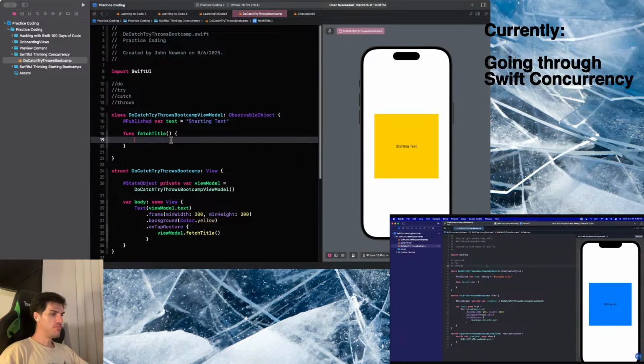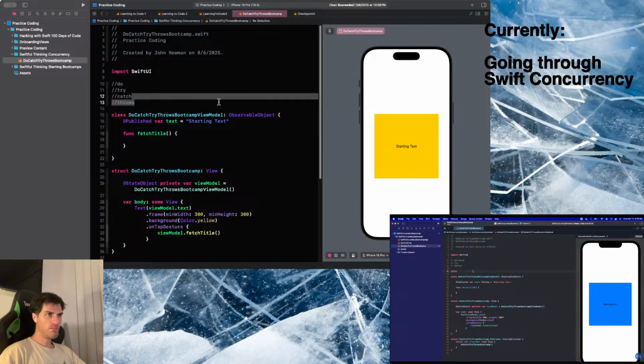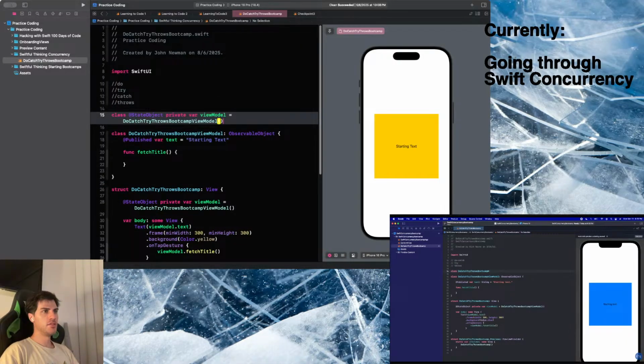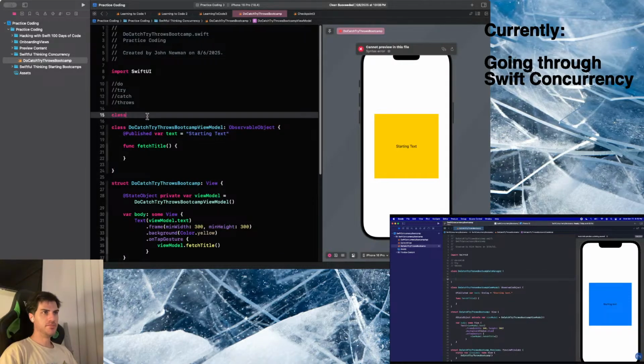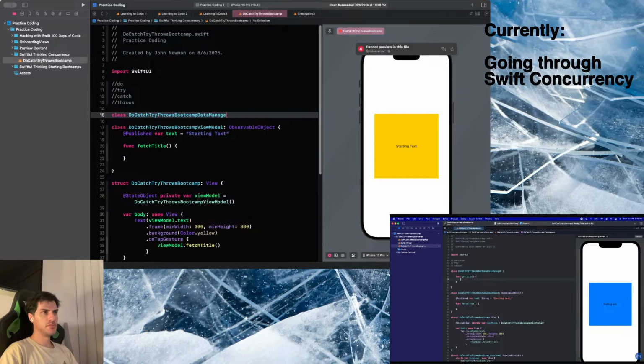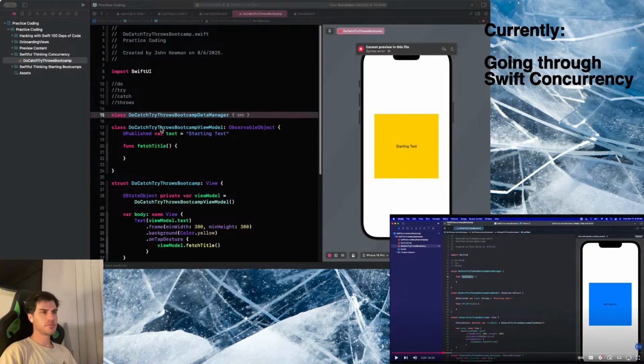So let's simulate that. Let's create another class. Let's call this one maybe DoTryCatchThrowsBootcamp. Let's call it DataManager, and we'll open the brackets. And in here, we are going to have another function that says maybe